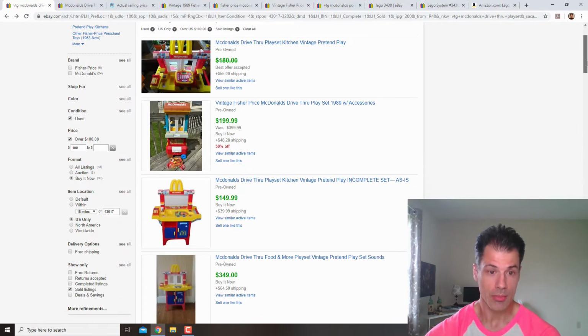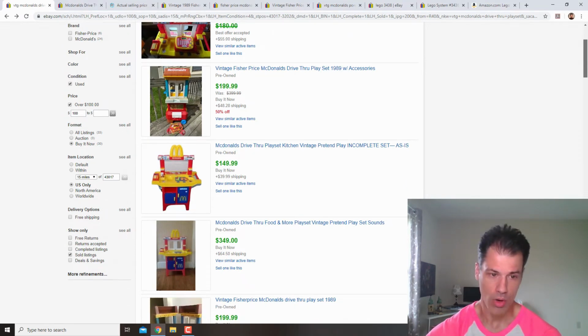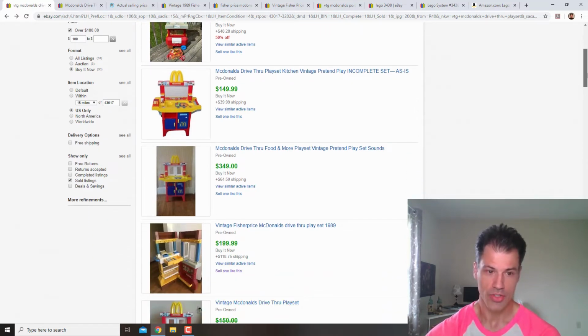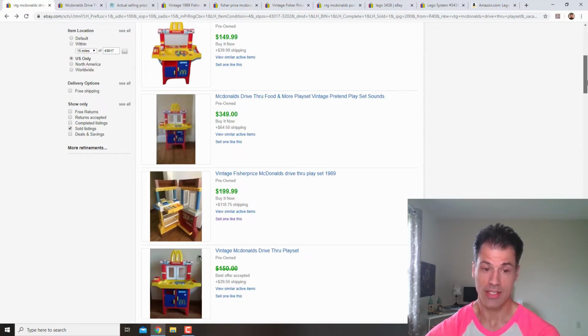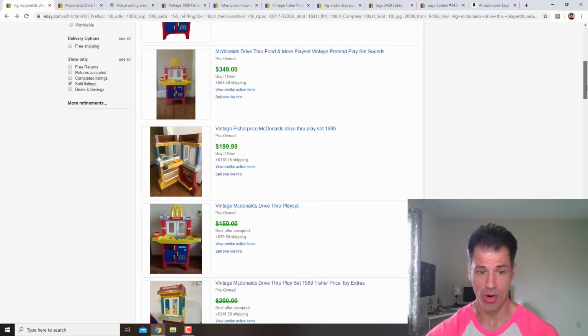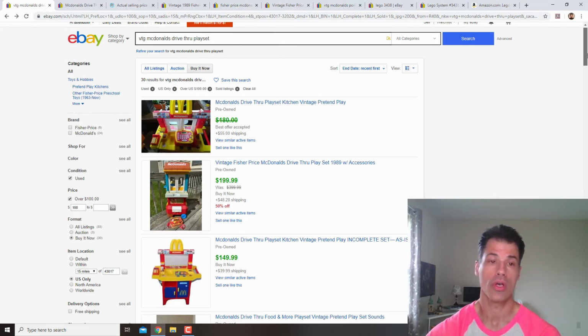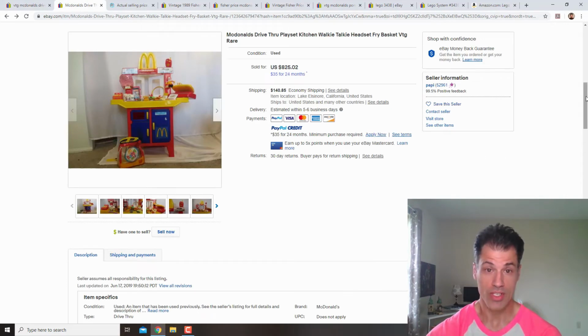But the play set here, not the more popular one, but the one that is more readily available, is the one with the golden arches. So you look here, some of these are just incredible sales. This one here sold for $3.49. Lights and sounds, there's my version again, same price, $1.99. On the next tab, I'm going to show you the McDonald's drive-thru playset here that recently sold for